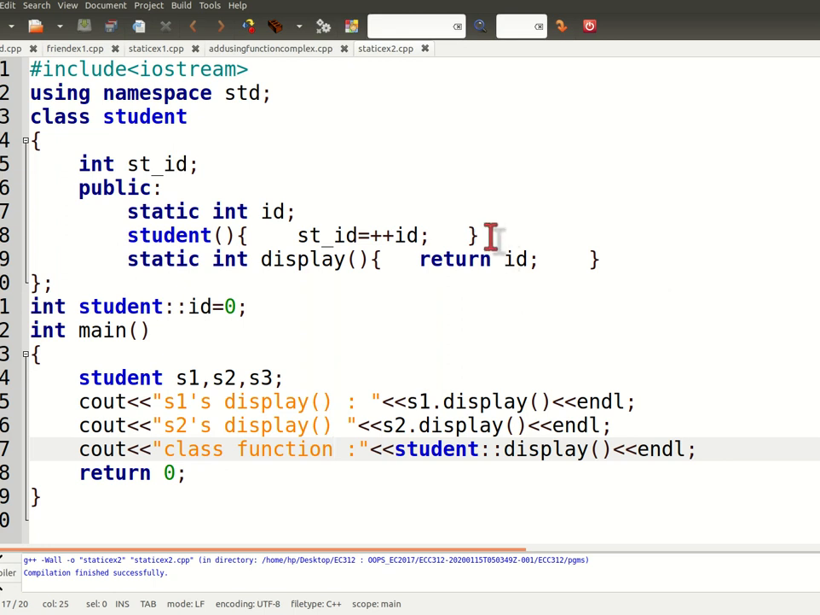Let's see one example of this thing. That's the static function. Here we can see the static variable data member ID, and here we can see the static function display. Okay, so it is a static member function display, and we can see what's happening: this static display will